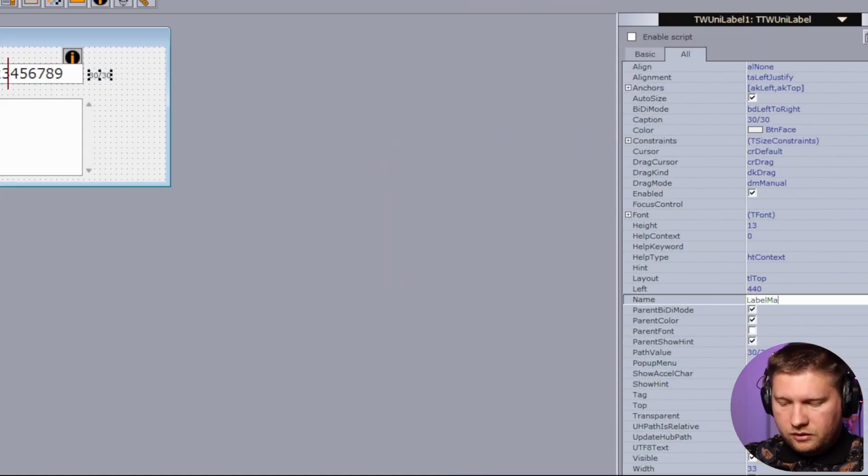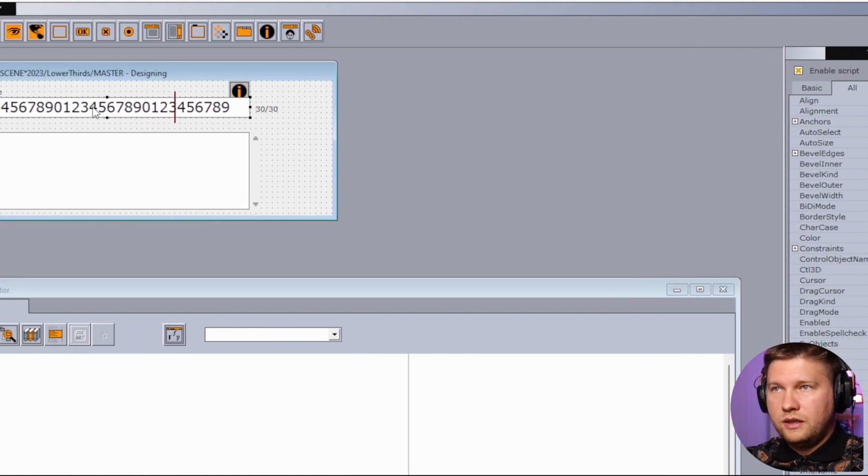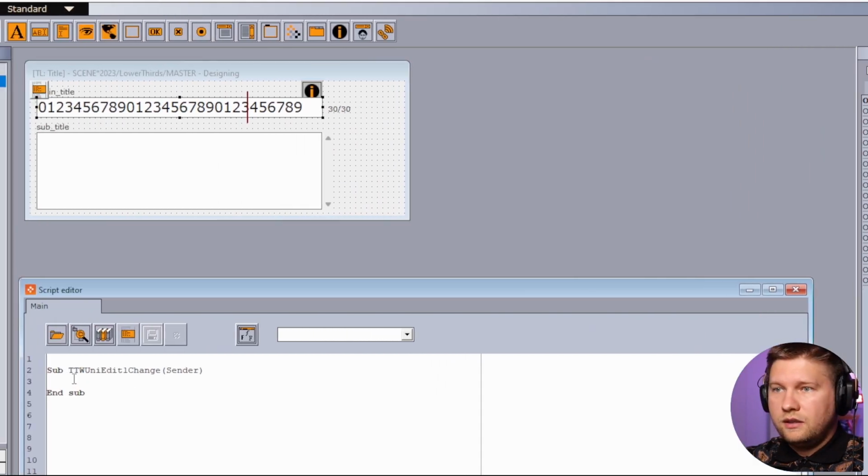Label it like main title, this is for my convenience. And now I'm going to enable script, or select this main title, go to the event, use the on change event, and here